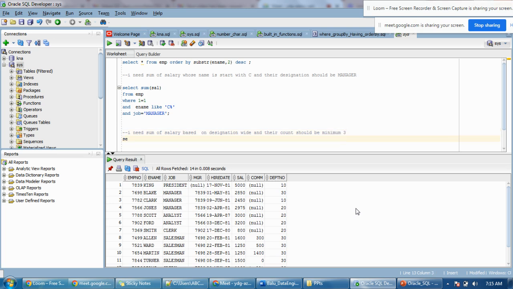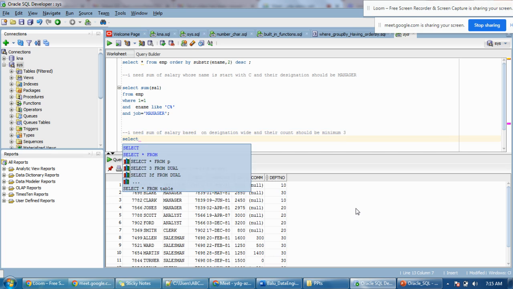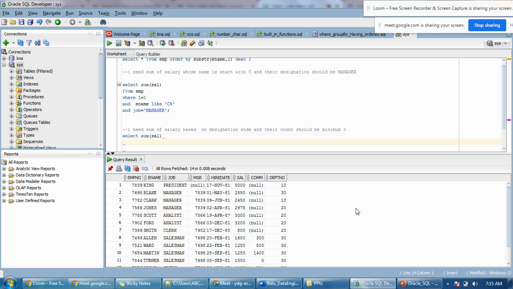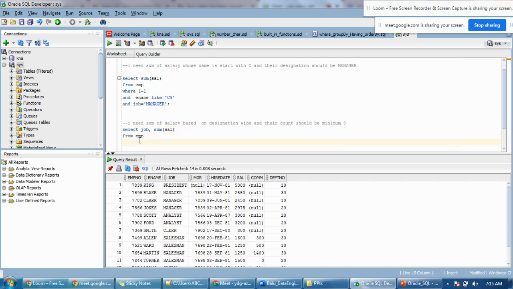Yes, select job, comma, sum of salary from table, group by job